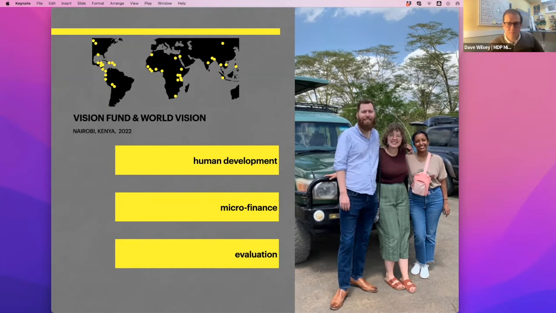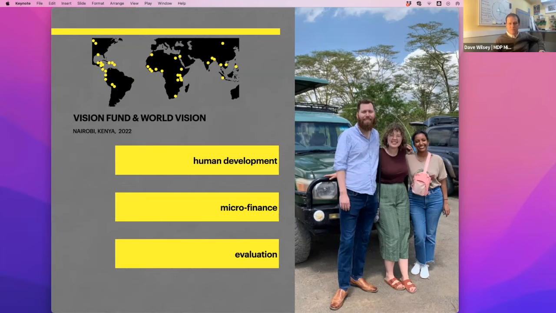And also, by the end, we were working with that Kenyan team to train other Vision Fund teams. I think we trained people from about 12 to 15 other Vision Fund and World Vision partners, so they can take that same research method on. And that research was happening in the context of a push on Vision Fund's side to really strengthen client training